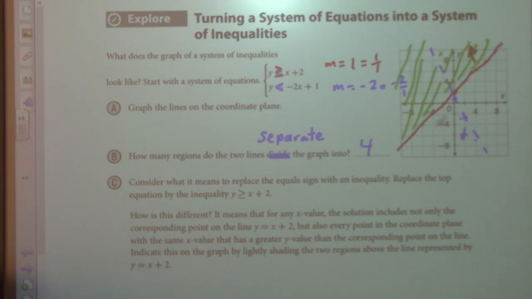And so what we're doing is shading, so the solutions are not along this dashed line, but they are to the left or down from that. So I'm going to go ahead and shade this area like this. Okay, so now we've shaded